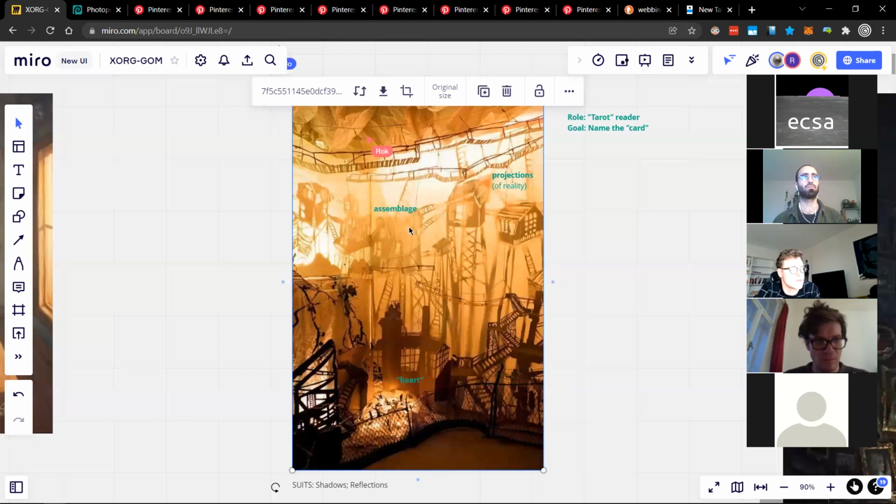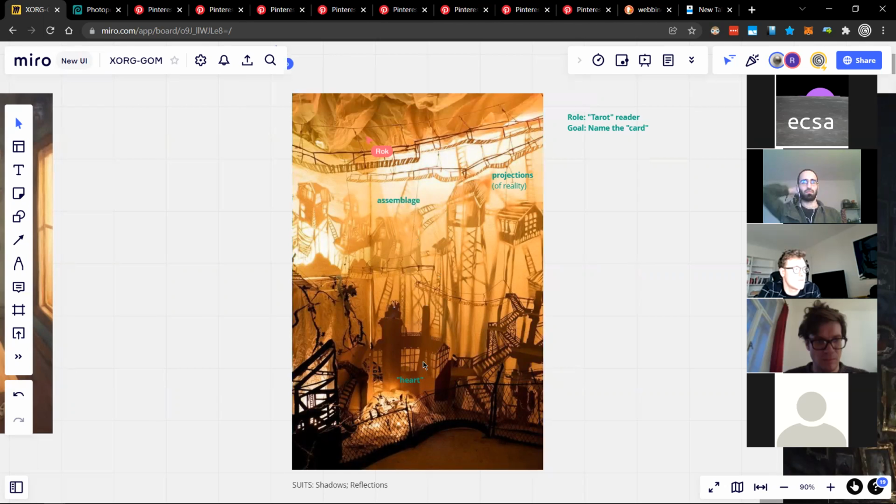And it's one version, because layers can be turned off and on, or I will move it, or I'll take the combination of the heart and the assemblage and forget the projections, and that creates a different interpretation. You can probably notice how we are very close to, or essentially standing right on top of, the memes as well, currently.